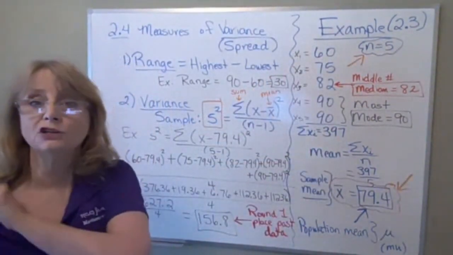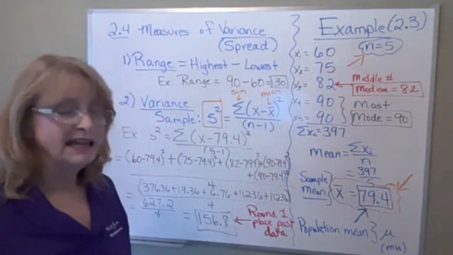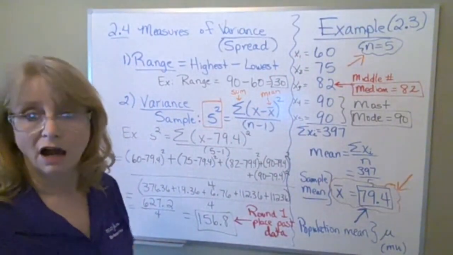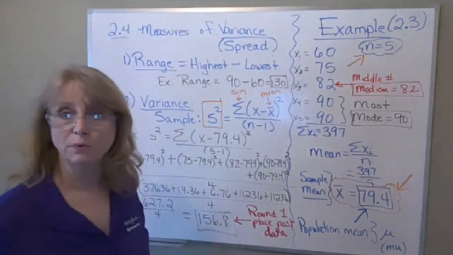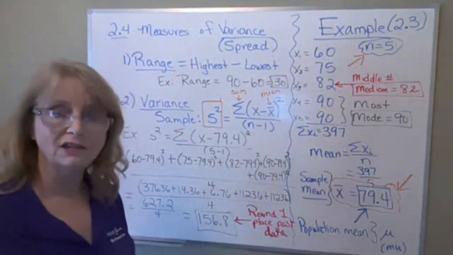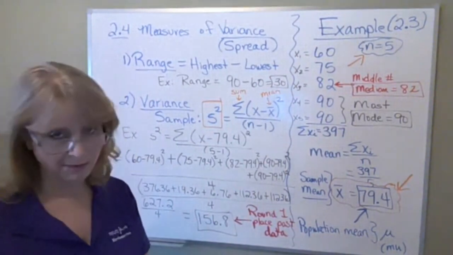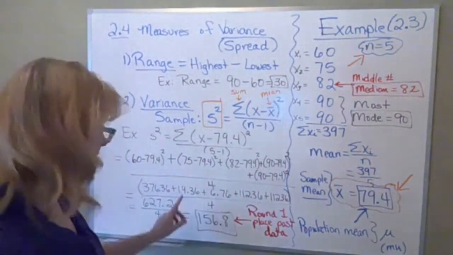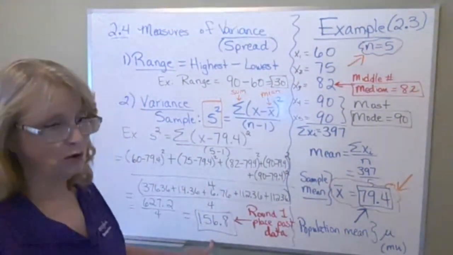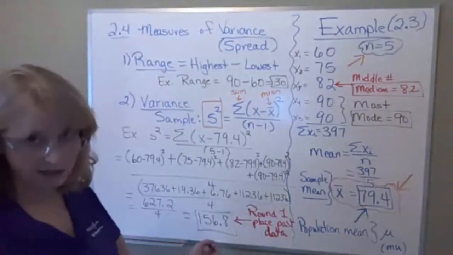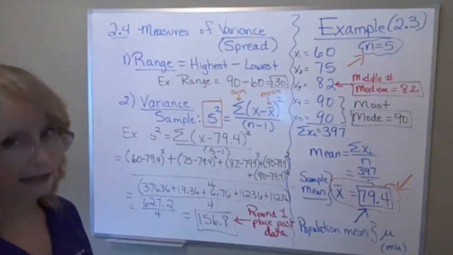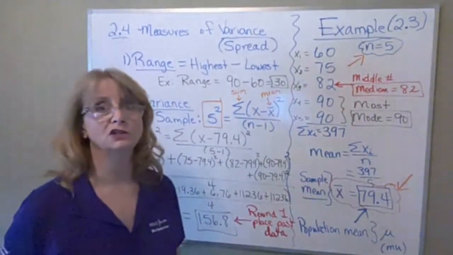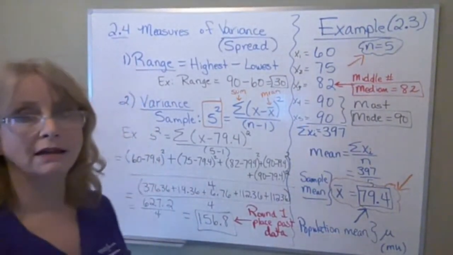Now that doesn't mean a lot to you right now. The variance isn't the best measure of variation, but what we're going to do after the break is find the standard deviation, and that one is really important. And the standard deviation comes from the variance. So we have to go through this thing in order to find the thing that's really meaningful, which is the standard deviation. We'll talk about that after the break.